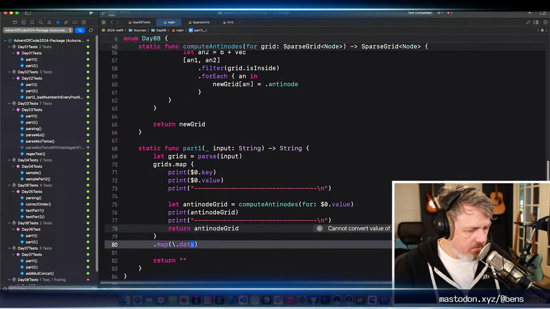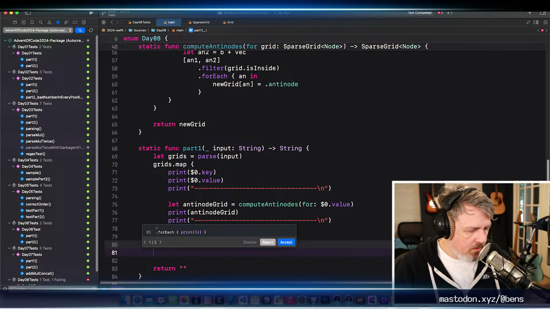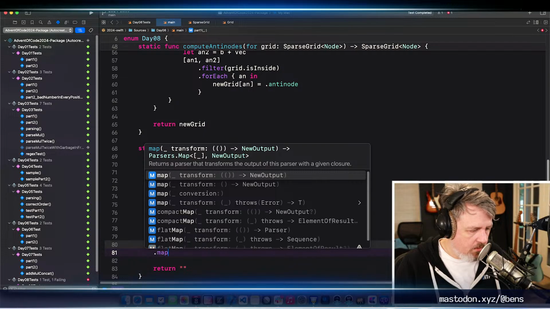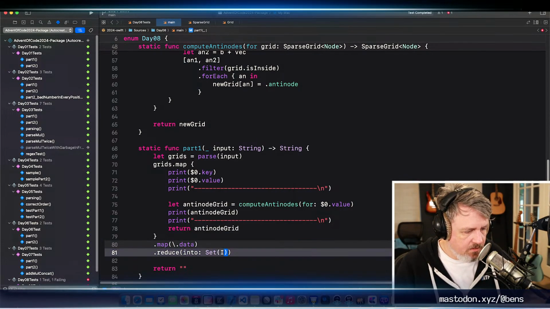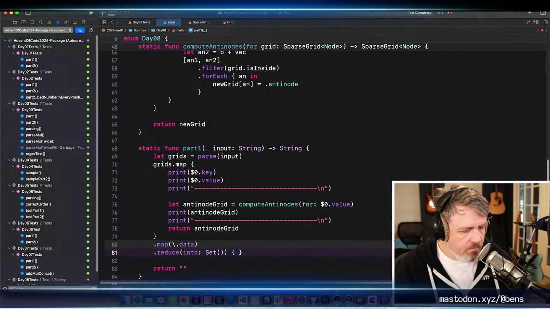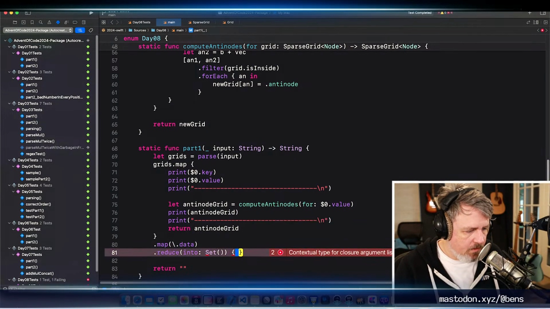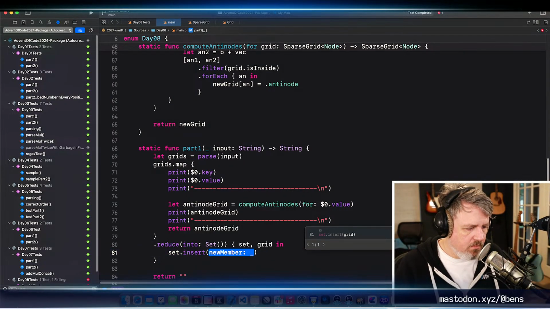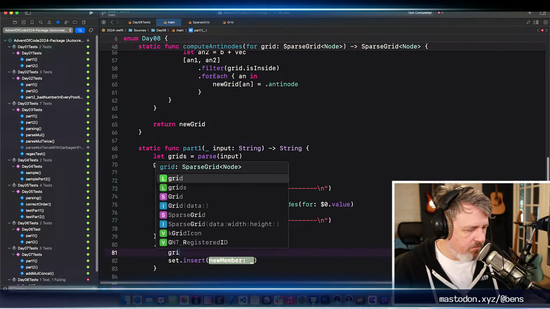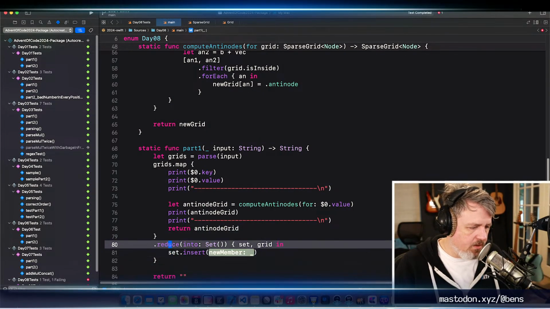And then we're going to reduce that data into a set. I guess we don't need to map to data because this is just going to be grid in. And then we'll say grid, that needs to be the set. Set.insert for each grid item that is an antinode.